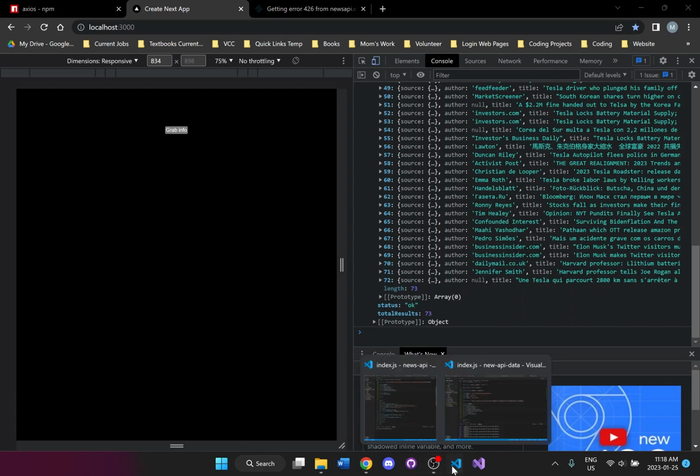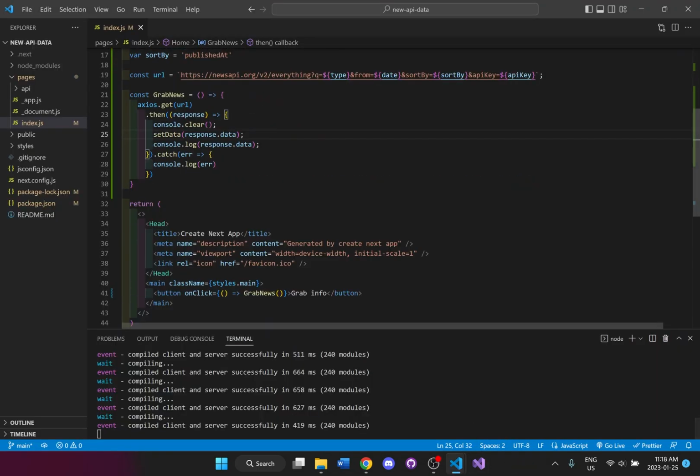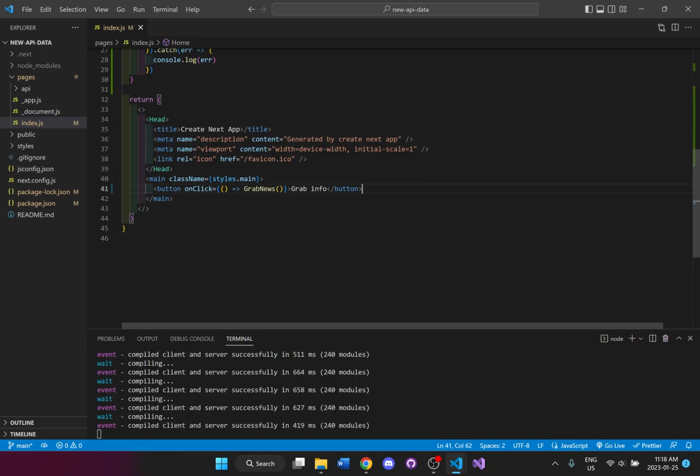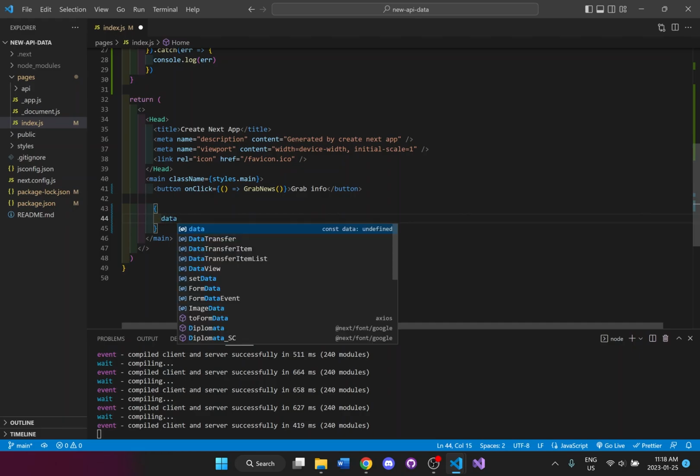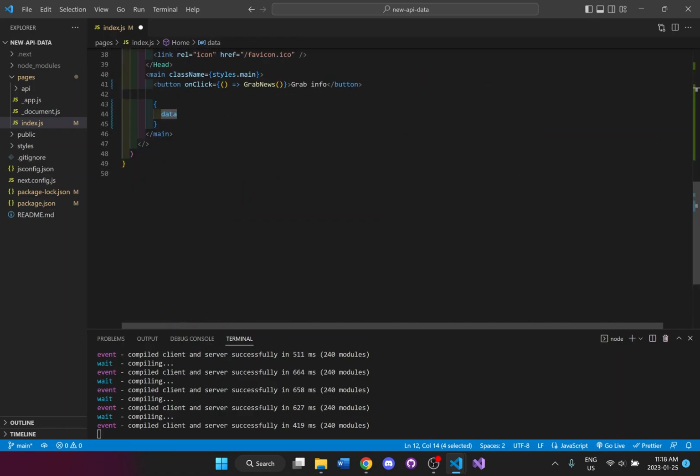And what I'll do is I will actually go here, right below the button, and I'm going to call the data from here because, alright, first we need to make sure we set the data, we added the data, okay, so now we can call the data.